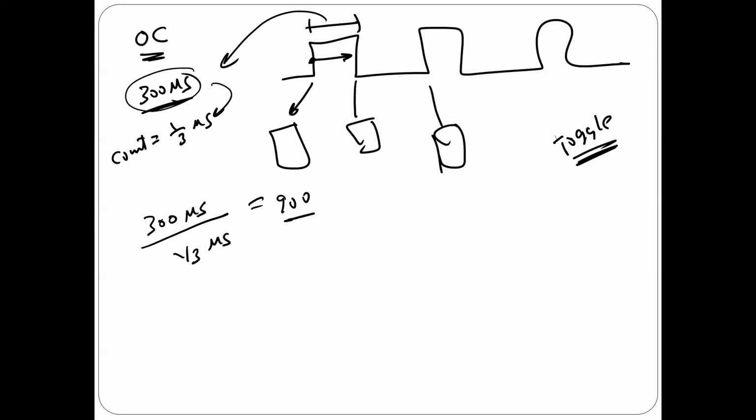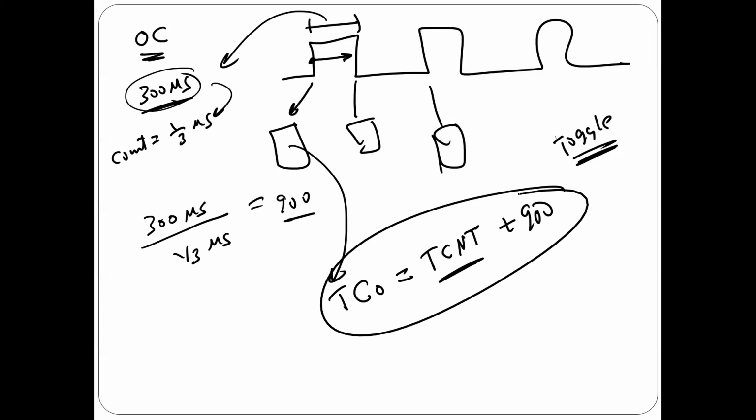Is that okay? So what I'm going to do, guys, look how interesting it is, how simple. It's too simple to generate this signal. Look, I'm going to take very, very little time from the CPU. So what I'm going to do, guys, inside the interrupt subroutine, I'm going to write TC, for example, TC 0 or 1 or 2, whatever. Okay. TC should equal TC in T. What is TC in T? TC in T, this is the current count, the count right now, plus 900. That's it.